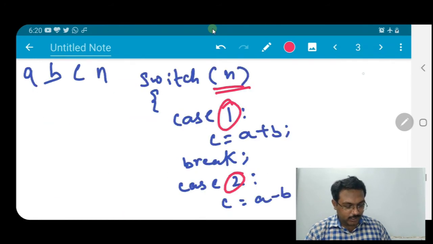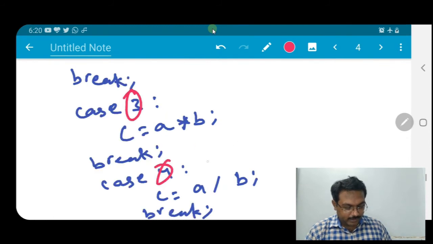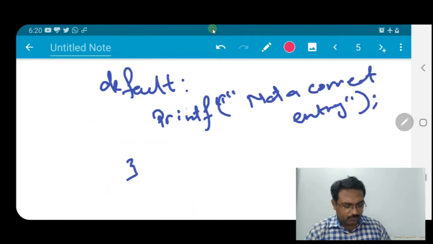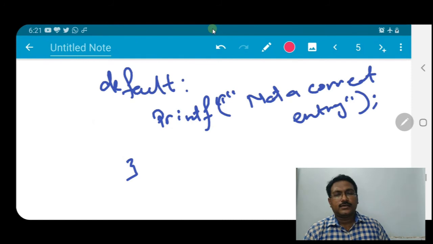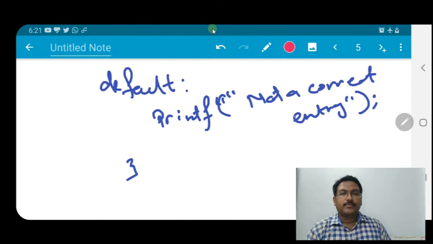Fine. So similarly here also in switch case, if you don't want to write case 4, you can directly write in default c = a / b, because if it is not matched with case 1, 2 or 3, it will by default go to the default block. If you write case 4, then in default just write "wrong entry" or whatever message you want to give to the user.